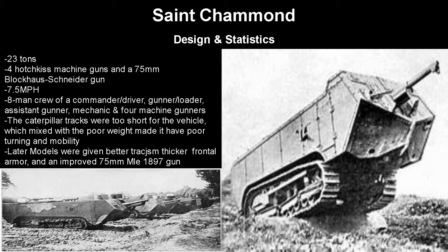and had 4 Hotchkiss machine guns and a 75mm blockhouse Schneider gun. Not only that, despite its weight, it had a higher speed than the Schneider with a 7.5 mph top speed. The 8-man crew consisted of a commander/driver, a gunner/loader, an assistant gunner, a mechanic, and 4 machine gunners. However, the Caterpillar tracks were just too short for the vehicle and its weight, so it had poor turning and mobility in general. However, later models were given better tracks,